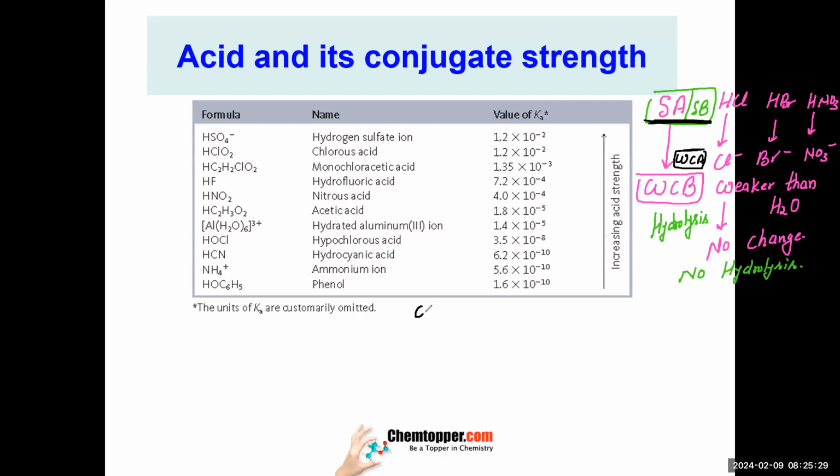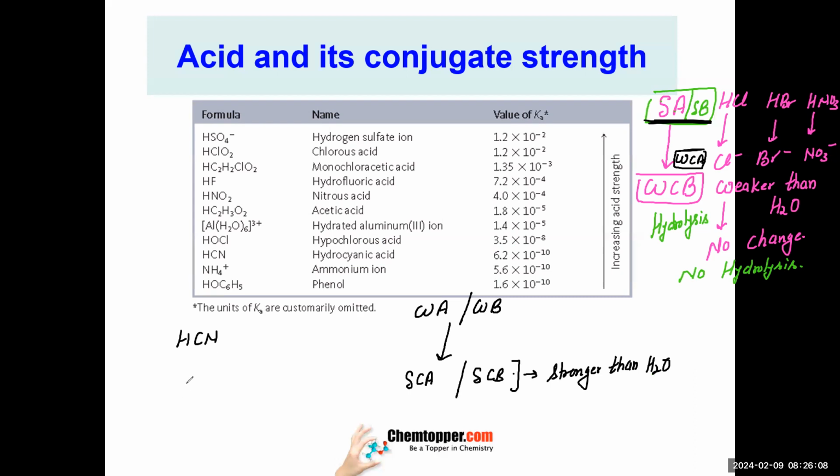But if it is a weak acid or a weak base, then the conjugates will be strong. Strong conjugate acid, strong conjugate base, stronger than water. Both of them are stronger than water. Stronger than water means when you put them into water, they will react. They will get hydrolyzed. Like if I give you a weak acid, HCN,